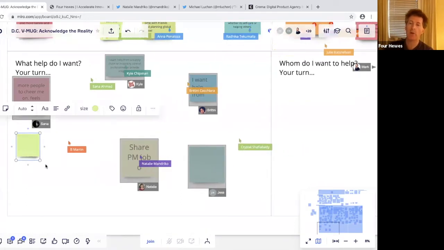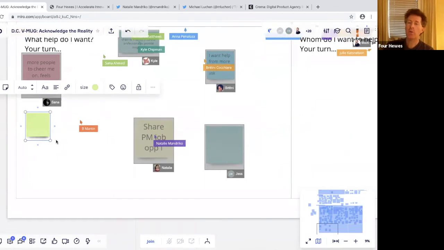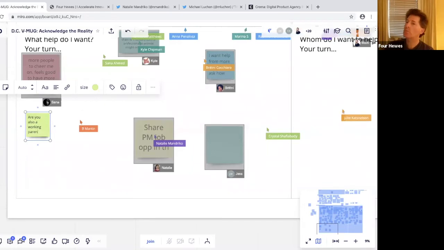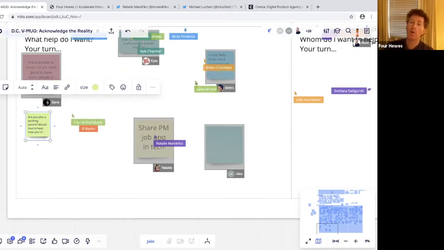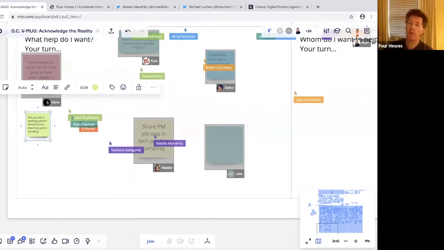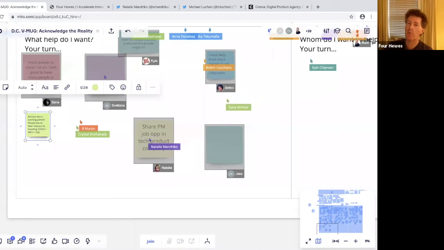But I'd be curious, at least as an exercise, to encourage you to share with us what help you want, that you want to talk about. Or if you want to step out a little further, is there something you want to talk about that's a little bit outside of your comfort zone?